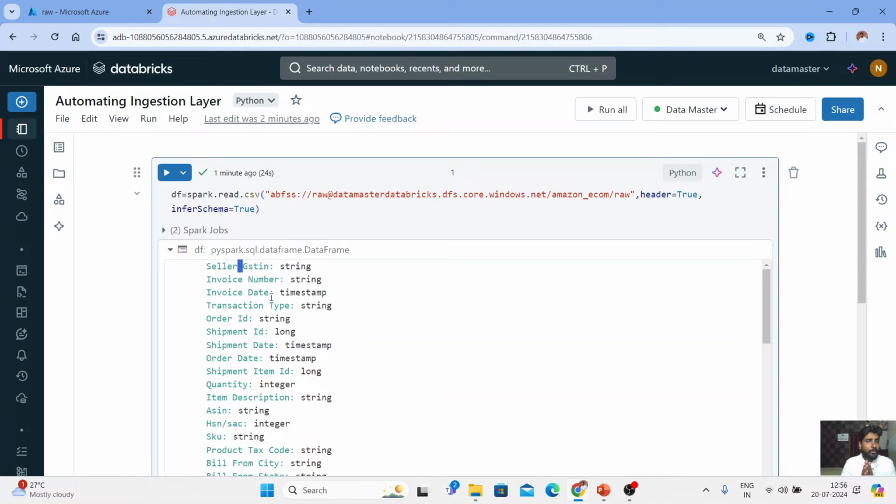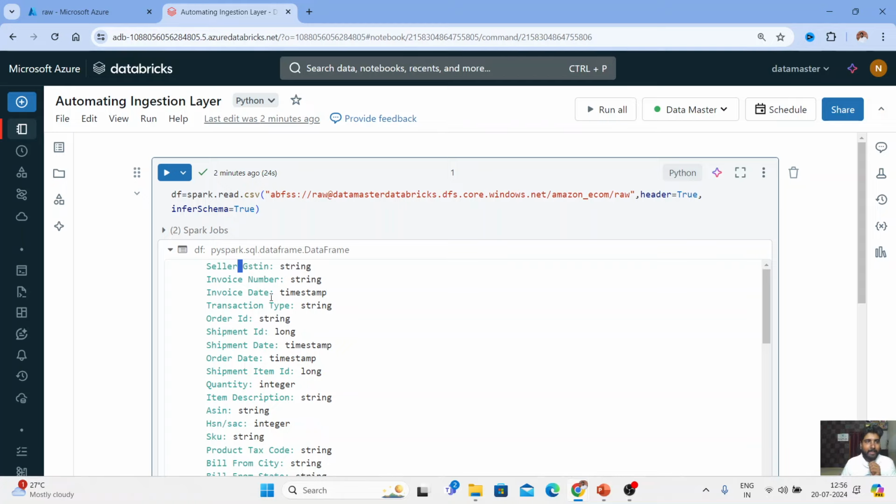You can write it to the Delta table, but when you are querying it by using SQL, it becomes very tedious because every time you need to use the single quotes if there are some spaces between the columns. So that becomes very tedious for the analytics people. So we always recommend to rename the column names and just avoid taking any special characters and then save it